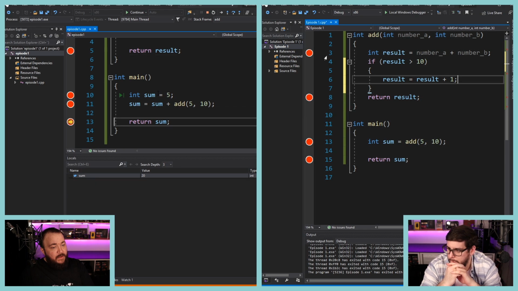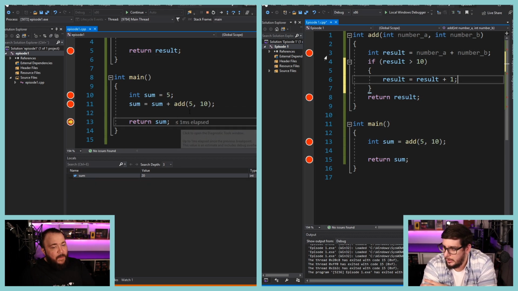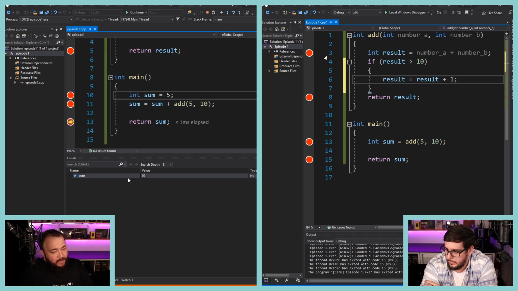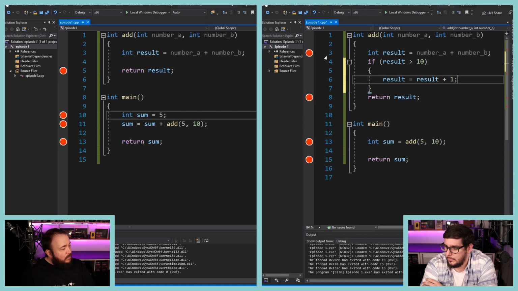So if I go back here, sum is now 20, which means it kept whatever value was here. So even though it looks like it's going away, it's still there. It's just not within this local setup. So that still works. All right.